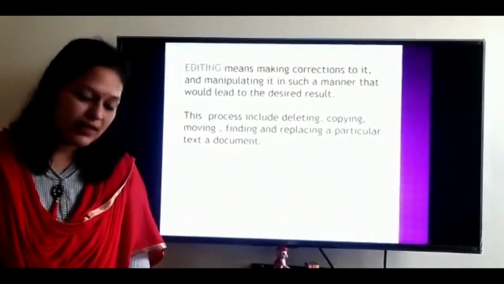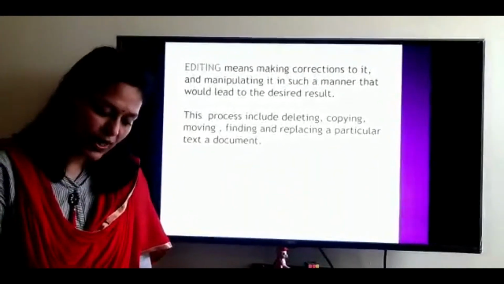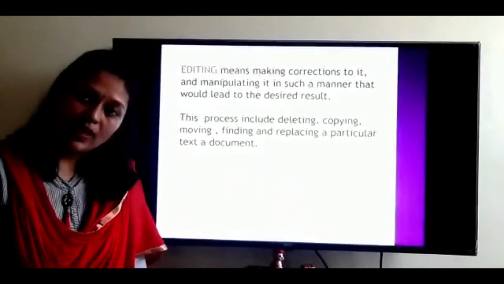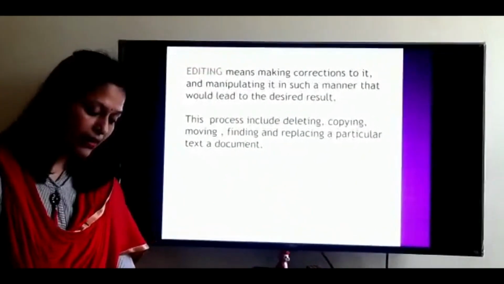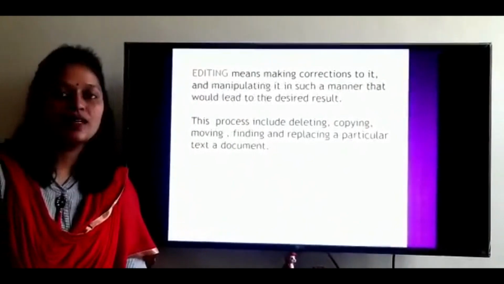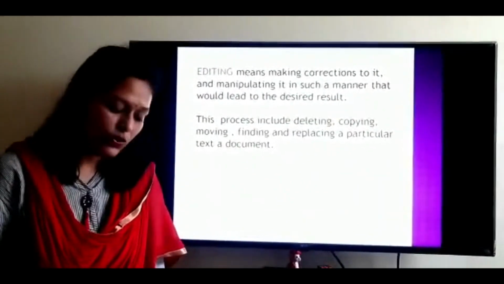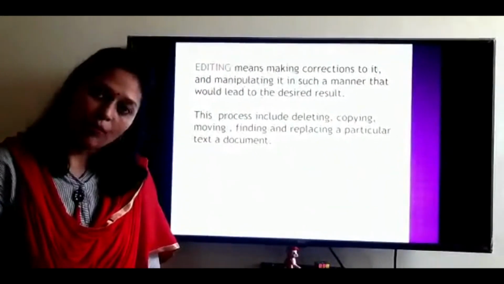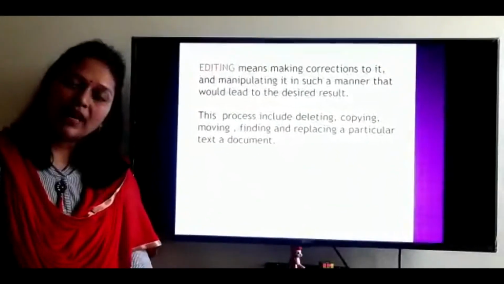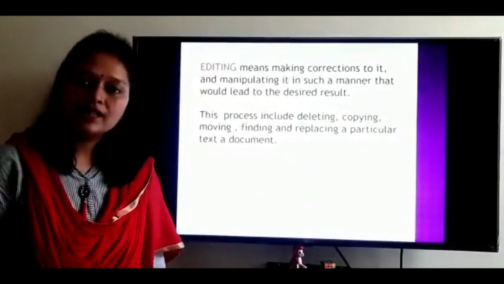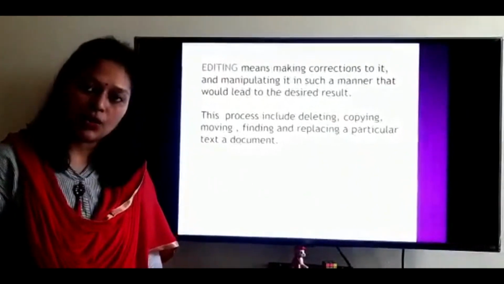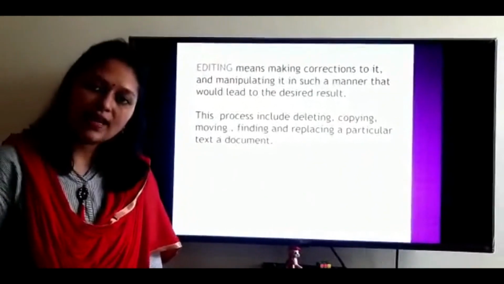Editing means making corrections to it and manipulating it in such a manner that would lead to a desired result. This process includes deleting, copying, moving, finding and replacing a particular text in a document. So what is editing?